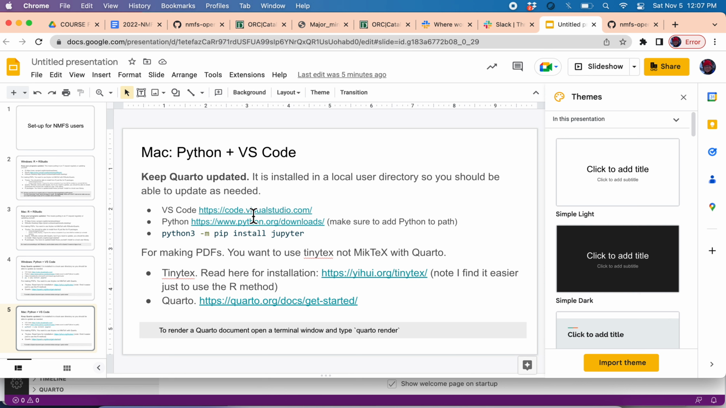So obviously, get your Visual Studio Code, install Python, then you need to install Jupyter, and that's pretty much all you're going to need on the Python side. Then ignore the next bit. I'm not going to make PDFs. If you did want to make PDFs, install TinyTeX. But we are going to use Quarto, so you're going to install Quarto on your Mac from here. Okay, so once you have those things, really just these four things installed here, then we can render a Quarto